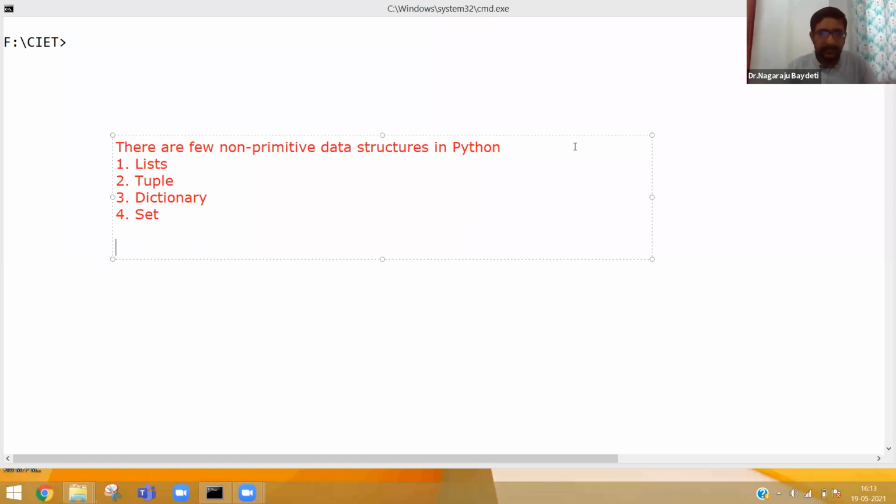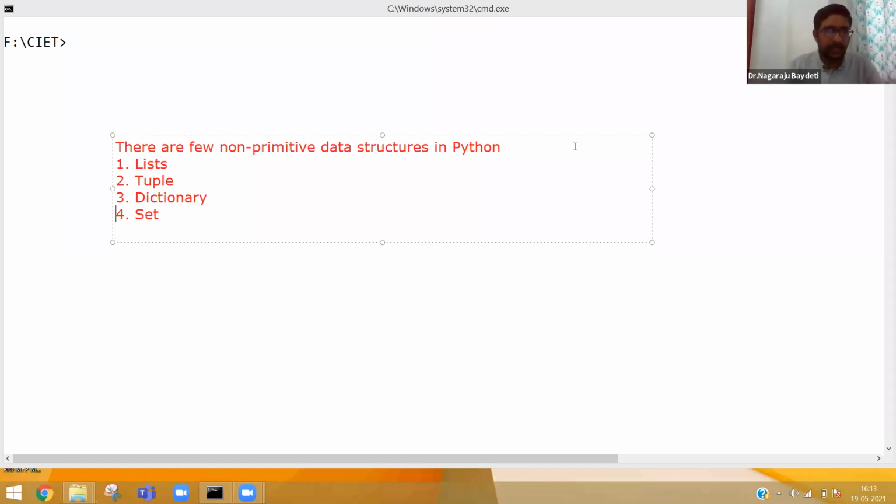Let us try to understand how we can represent data in these four categories of data structures in Python. We will also learn what a list is.